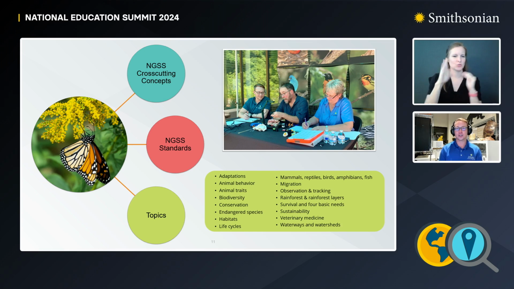That picture right there shows myself, our curator of birds, and one of our scientists, Brian Evans, and we're doing live bird banding. So helping students gather and write down their scientific data as far as measurements and weights, and learn about how we track and study birds. We will have a quick demo here as well. So I think that's the next slide going into it.